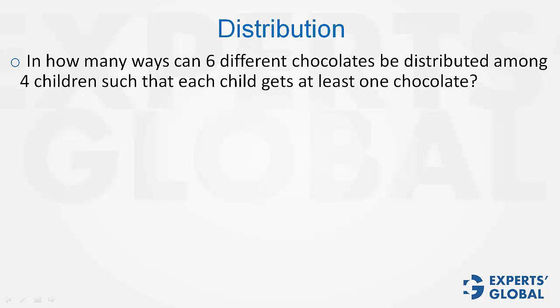One way is 1, 1, 1, 3 and the other is 1, 1, 2, 2. Imagine there cannot be a third way. Now think how many ways are possible. Of course, these are 2 different ways. So whatever the number of cases you have to find, you then add the number of cases.